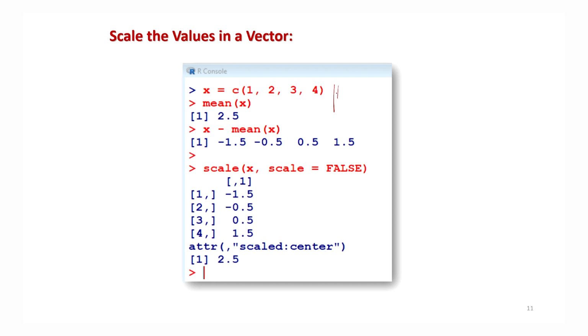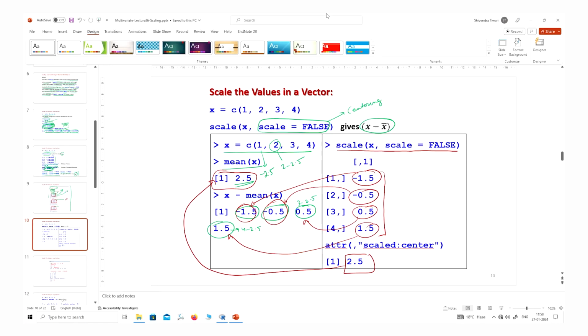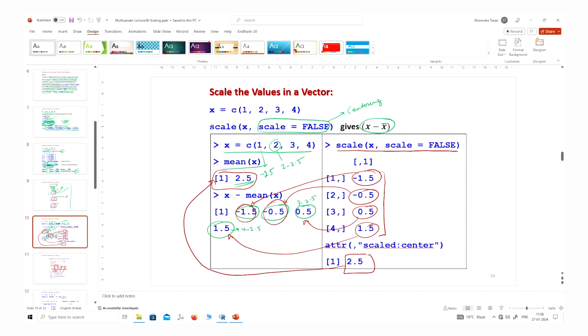And if you try to hit it on the R software also, it will look like this. This is your data vector. And with this, I am trying to obtain it manually, x minus mean of x. These values are obtained. And then I try to use the scale function. So you can see this is matching with this. The third value is matching with the third value, and the fourth value is matching with the fourth value, right? So let me try to show you these things on the R software also, so that you can be confident, right?